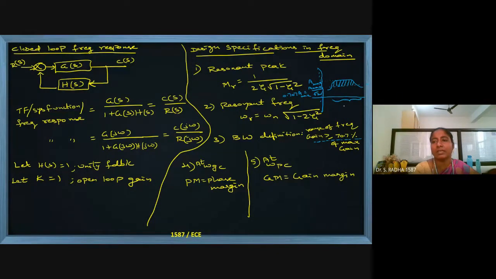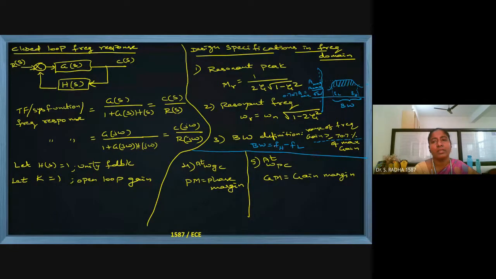All the frequencies above this shading, this complete shading, we will take as the bandwidth. This is the range of frequencies where gain is greater than or equal to 70.7% of the maximum gain. When we make projections onto the x-axis, this is lower cutoff frequency FL, this is higher cutoff frequency FH, and the bandwidth formula is simply higher cutoff minus lower cutoff frequency. Other than that, in control systems, we have a big equation in terms of omega n and eta, with square root of 1 minus 2 eta square plus 4 eta power 4, something like that. I will show you that also.